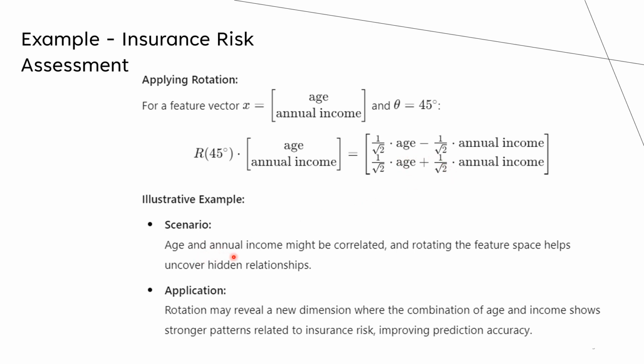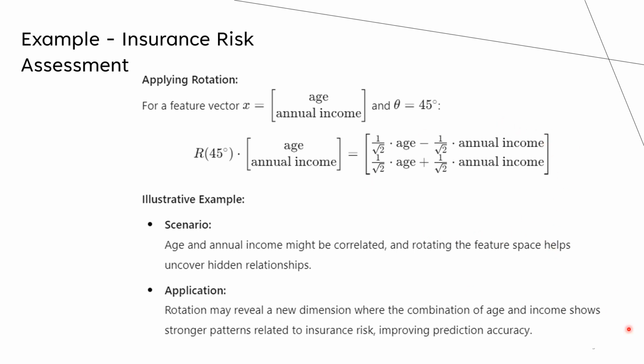So age and annual income might be correlated, and rotating the feature space helps uncover hidden relationships. The application would be: rotation may reveal a new dimension where the combination of age and income shows stronger patterns related to insurance risk, improving prediction accuracy. So here we can see a combination of age and income as a new matrix